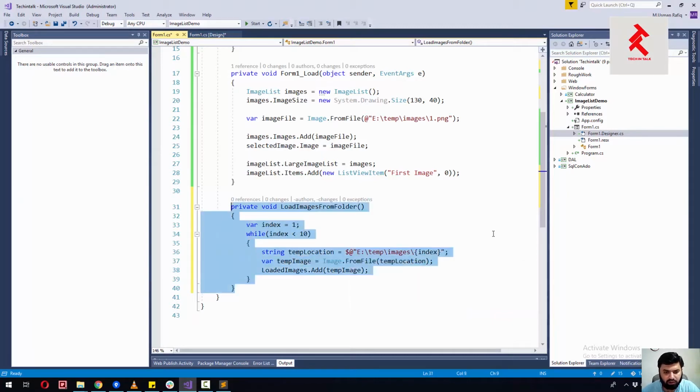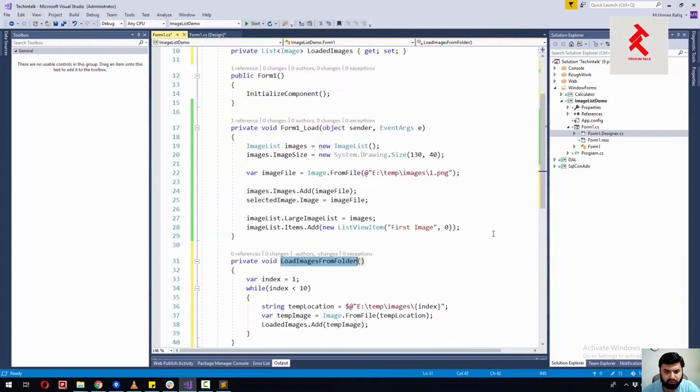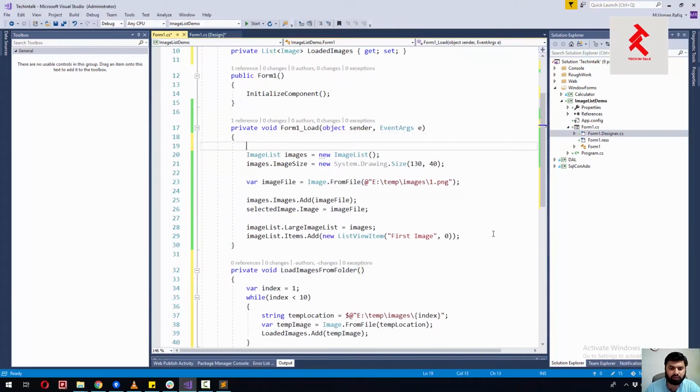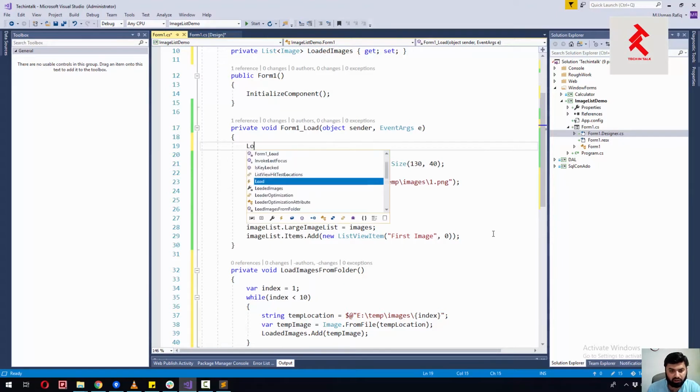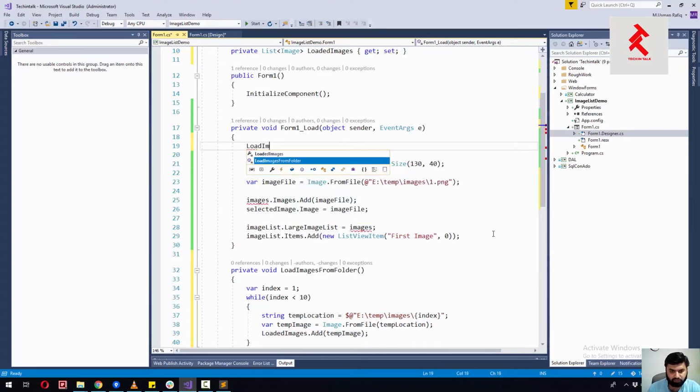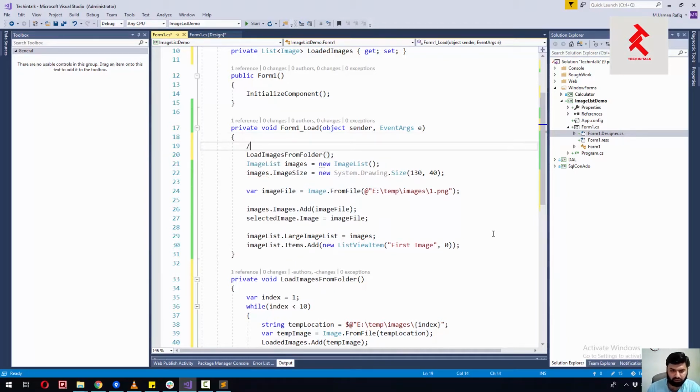Okay, so now our list has been prepared through this method, and we will call it at the top of that code, so that as soon as the form is loaded, we first initiate our list of images like this. Okay, let me comment it, loading images from folder. All right,